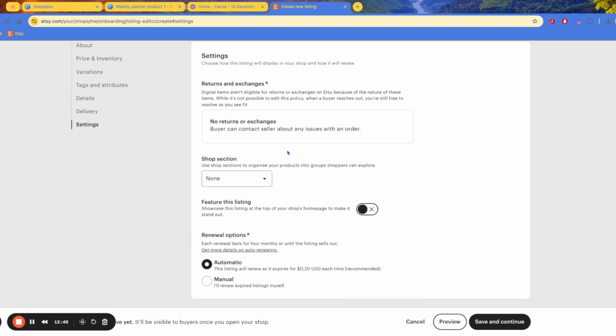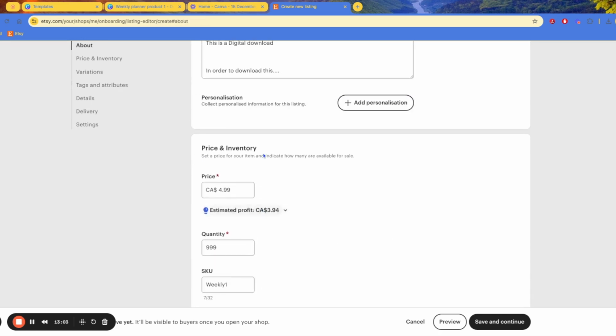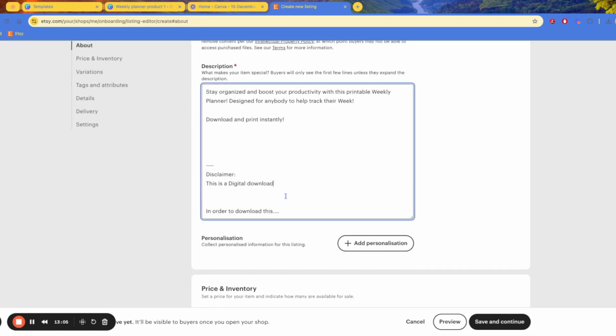Then for digital files, again, there's no returns or exchanges. So once somebody buys it, that's done for it. If they message you for a refund, again, you can talk to them, you can do it if you want, but this is why there's a big disclaimer on digital items on Etsy itself, and this is why I suggest putting something like this is a digital download. There are no